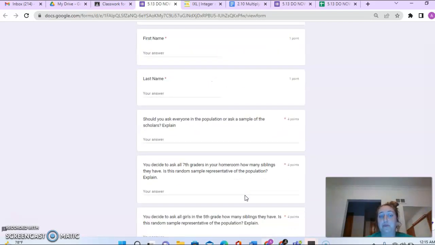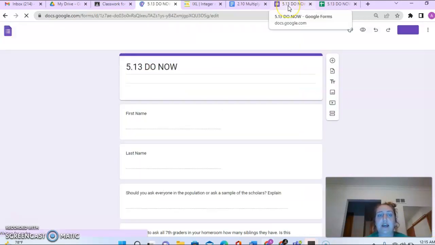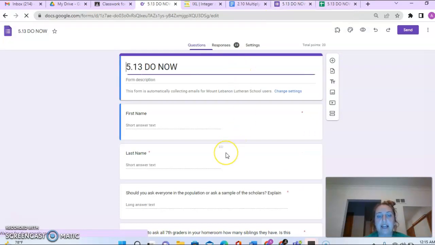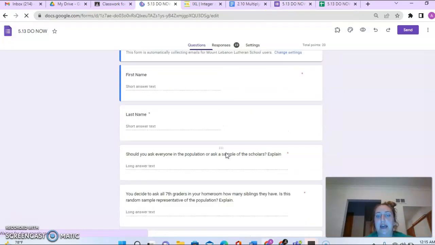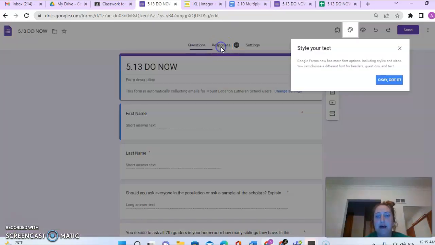Again, it just really helps with the aspect of getting to see them and what they're doing in math class in real time for me. Down here in this bottom right corner, there's an edit this form button, and if you click on that, it gives more of the teacher look of what the form should look like. Here again, I can go in and edit questions and assign point values. Up here at the top,